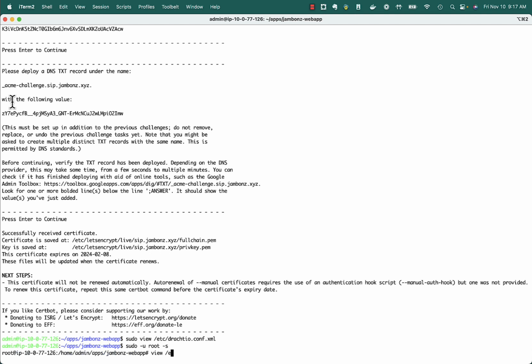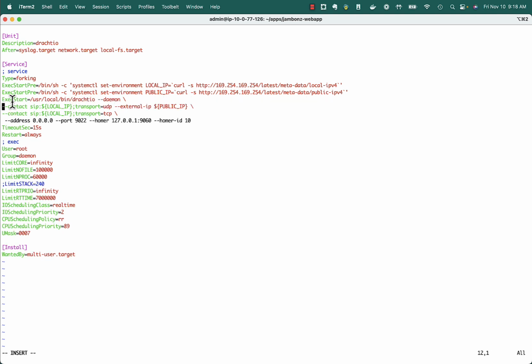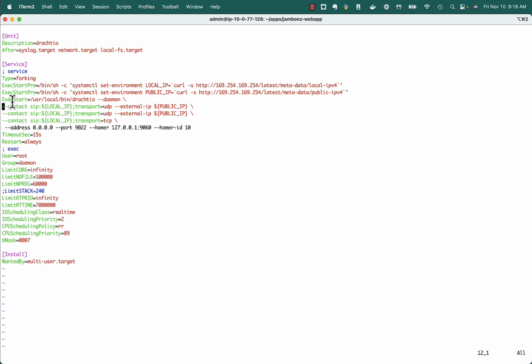The other thing we're going to do is tell Drachtio, when it starts, to listen on some new ports for SIP over TLS and SIP over WebSockets. So go into the drachtio.service file. I'm going to change the exec start command. By default, we're listening for UDP and TCP on that standard port 5060. So let's just copy that. And let's say we're going to listen for SIPS because it's going to be encrypted, port 5061